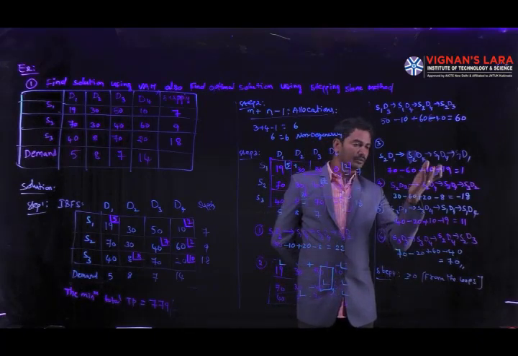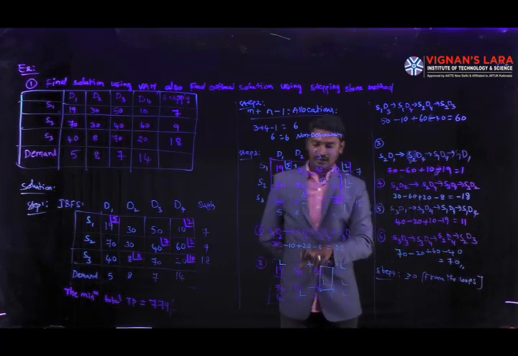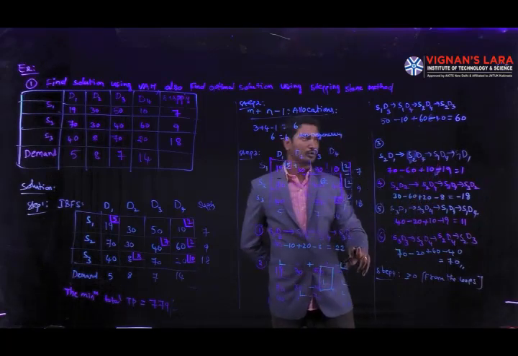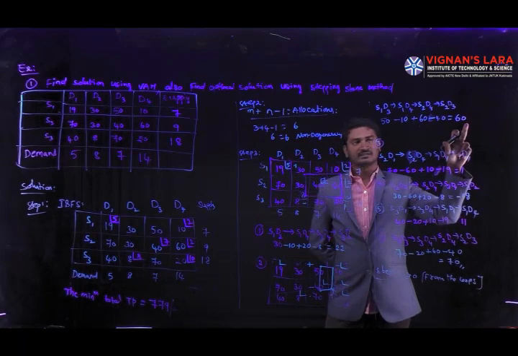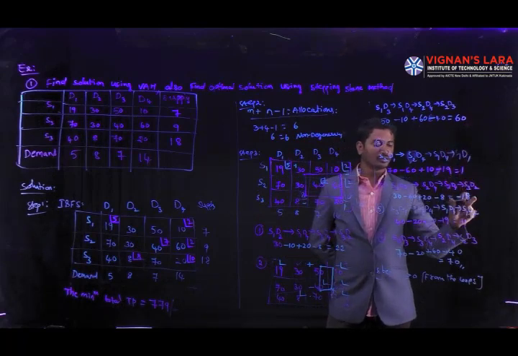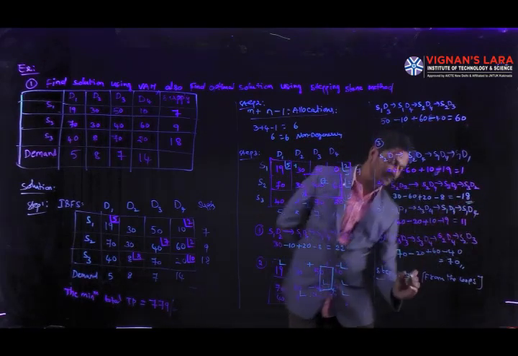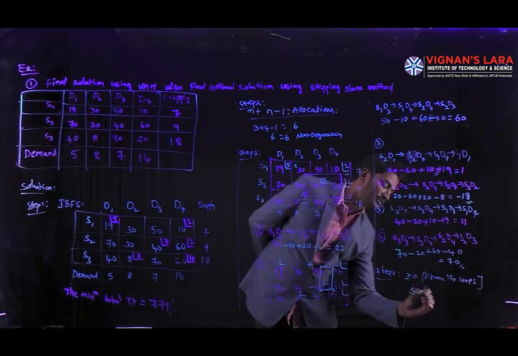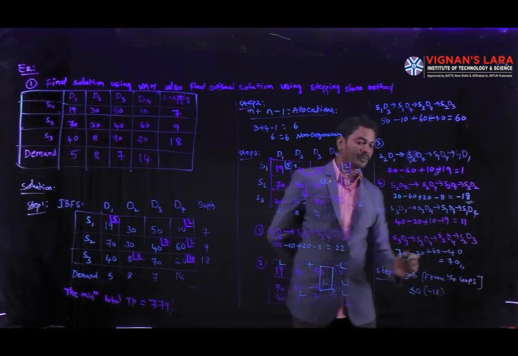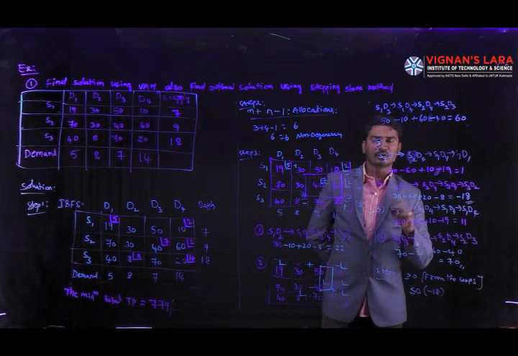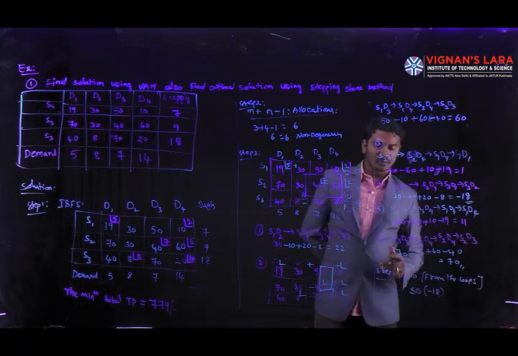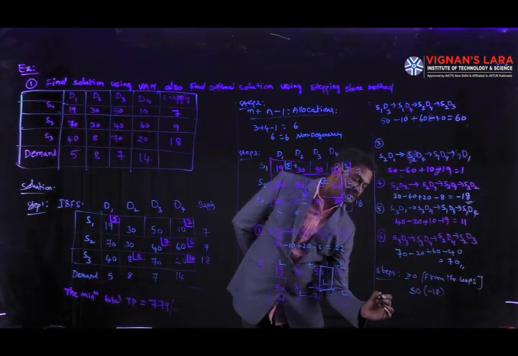So coming to our solution, at first loop we have 22 rupees, second loop we have 60 rupees, third loop 1, and the fourth loop is negative. So it means we have a value less than or equal to 0. It means we have minus 18. So it does not reach optimality. Again we are going to draw the loops. Now we are going to step 5.